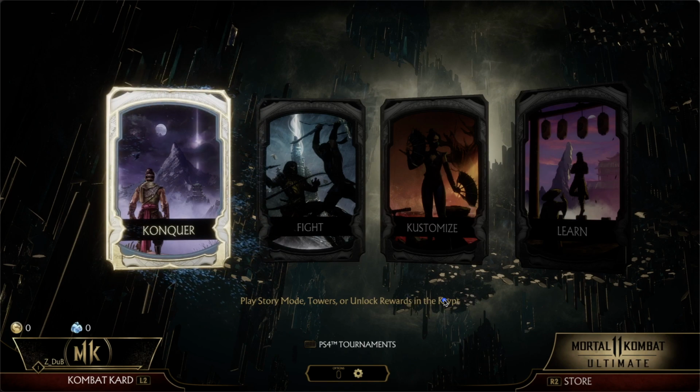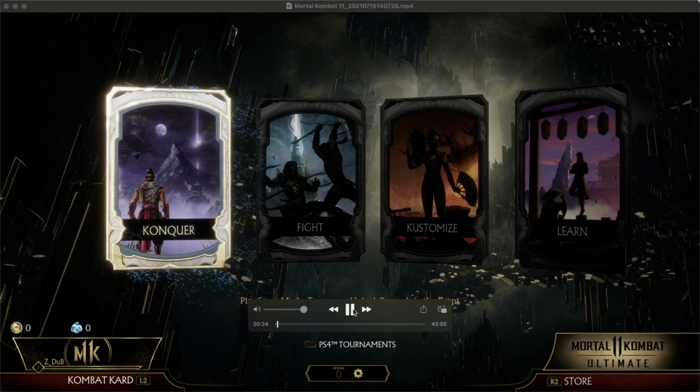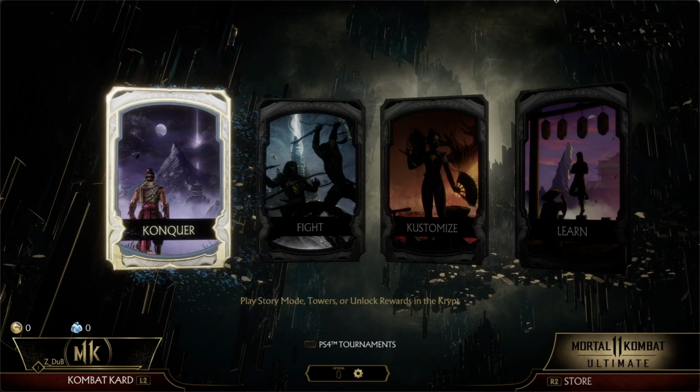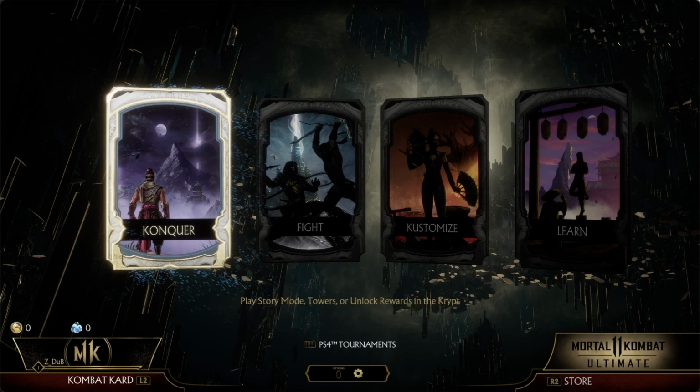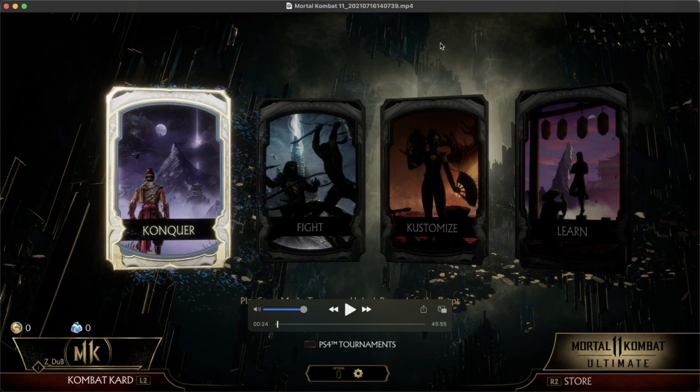Alright, so let me pause this right here. Alright, so this is pretty simple. I've been playing this game for a long time, but these four different cards right here: conquer, fight, customize, learn. Nothing else. I mean, there are a few other elements on the screen, but from the very first moment you dive into Mortal Kombat 11, this feels like Mortal Kombat just based on the visuals,